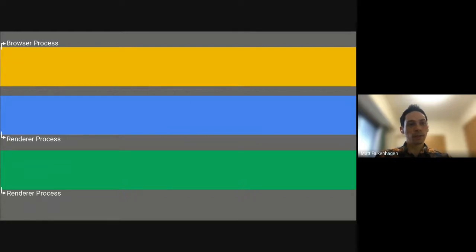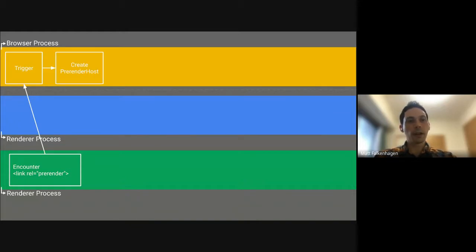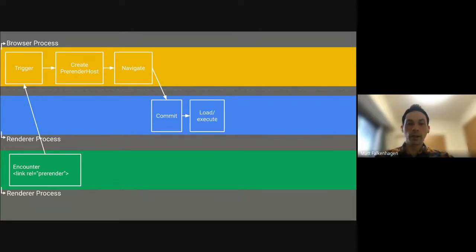So going into more detail about what actually happens in what render processes when we do this pre-rendering process. Let's suppose we have a page in a render process with the link rel pre-render tag. This tells the browser process about it, and this triggers pre-rendering. So the browser process can say, I'm going to start pre-rendering the URL that was given. So it creates an object called a prerender host, which is going to be responsible for owning a pre-rendered page. It does a navigation using this host, and this acts much like a normal navigation. It commits the response to the renderer,